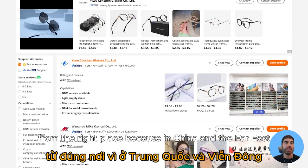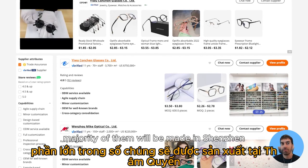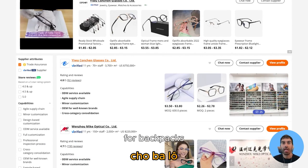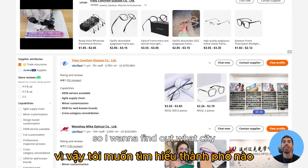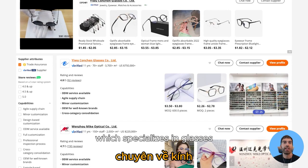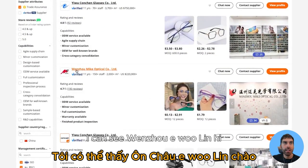Because in China and the Far East, there are certain regions which specialize in different products. For example, electronics, majority of them will be made in Shenzhen. For backpacks, majority of them will be made in a city called Shenzhou. So I want to find out what is the city which specializes in glasses. So as we scroll down here, I can see Wenzhou, Yiwu, Linhai,